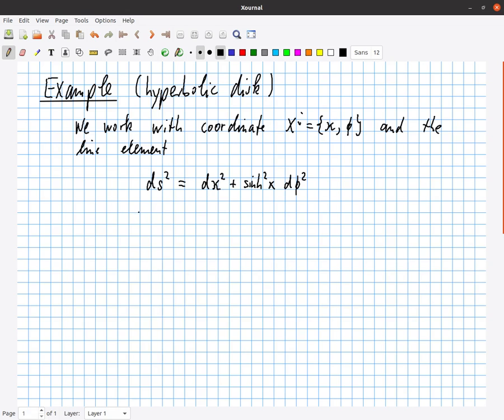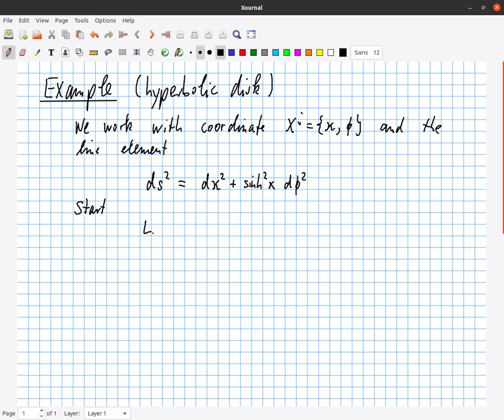And what we want to do, we want to find the Riemann curvature tensor. Remember that in 2 dimensions the Riemann curvature tensor has only one independent component. So what we need to do is find R 1 2 1 2. If we can do this, then we are done. So how do we find the Riemann curvature for a given line element? So start with,